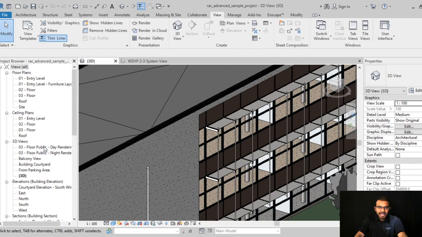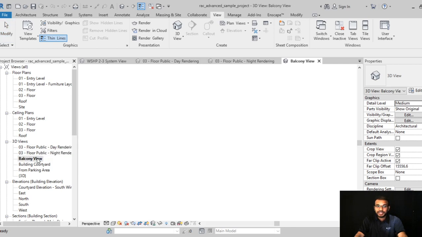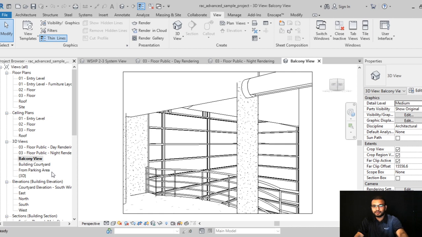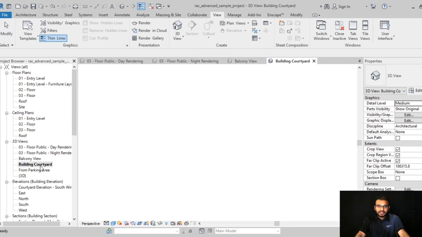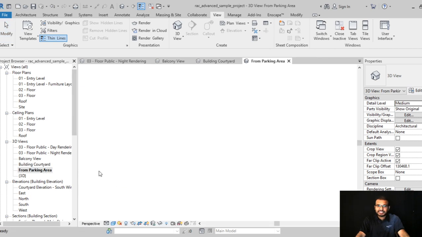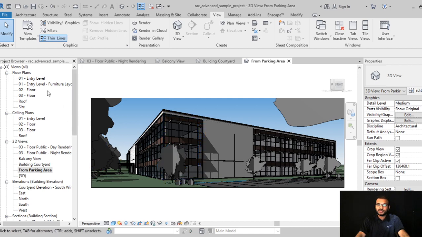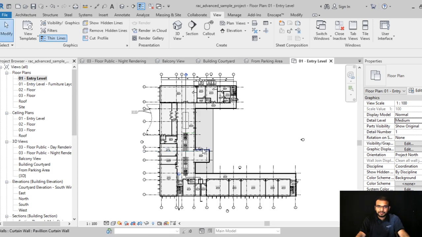Moreover, you can prepare separate interior as well as exterior views, which you can take for major execution or rendering. You can see different exterior views, and whatever the client needs, you will get from this window. So this is for presentation purposes.